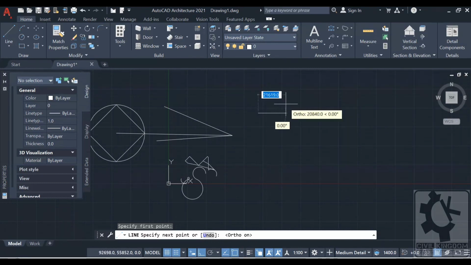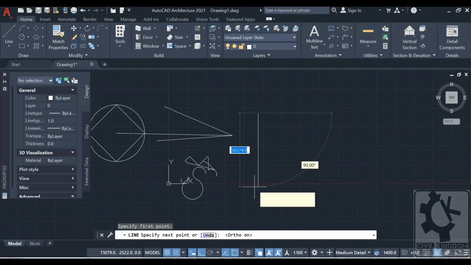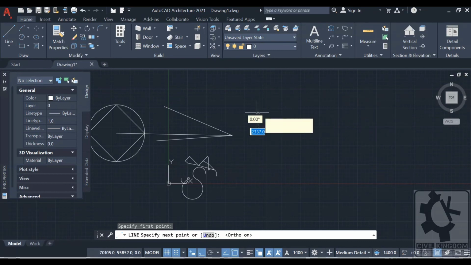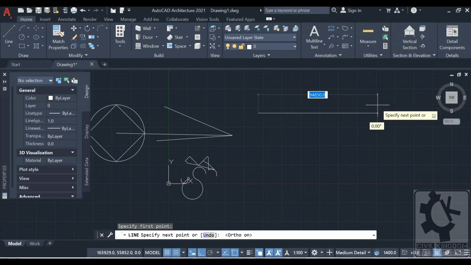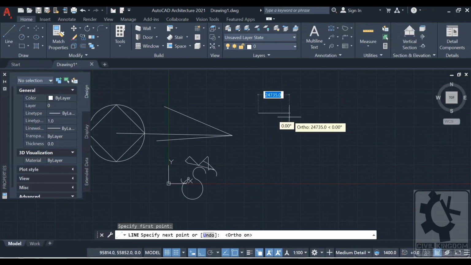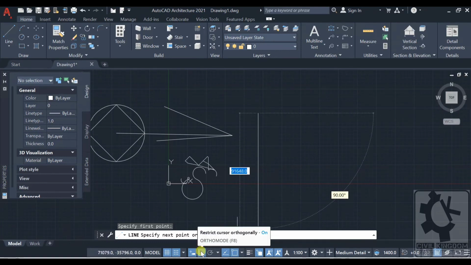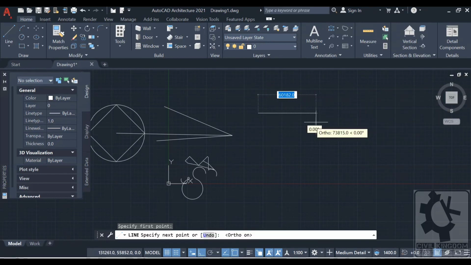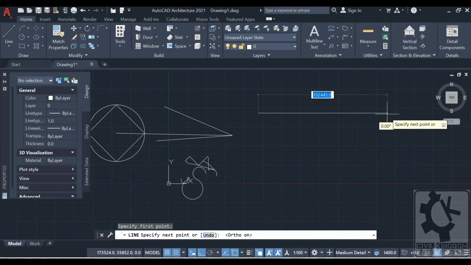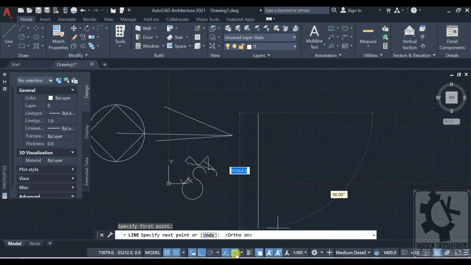It helps you to draw, say you are drawing a plan or something which has to remain straight, so it helps you to draw a line. And the shortcut is F8 on your keyboard, you can see. So that's your ortho, that's your snap point, ortho, techniques of lines which I have taught.